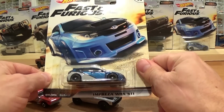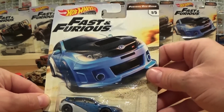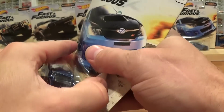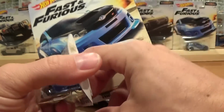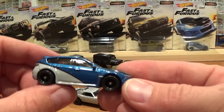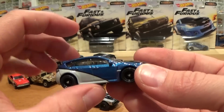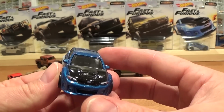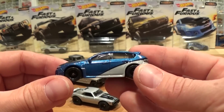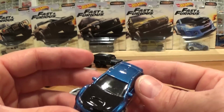the Impreza WRX STI from the Furious Off-Road. This is a vehicle that's been about for several years now. There's really nothing brand new and amazing about it. It did feature a similar paint job to this with a blue enamel paint a couple of years ago in the basic line. I believe it was a Walmart exclusive. But what we have here is a top of the line premium